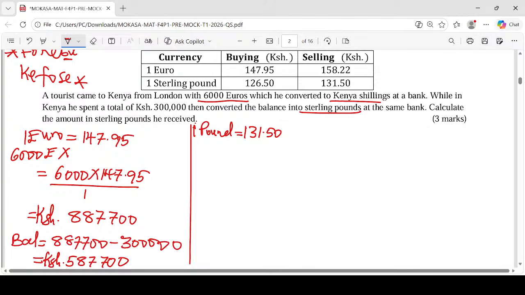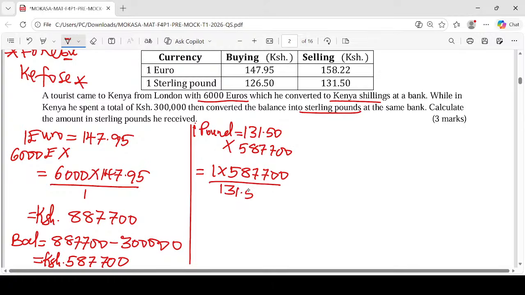What about this balance of 587,700? You cross multiply. This will be 1 multiplied by 587,700, then being divided by